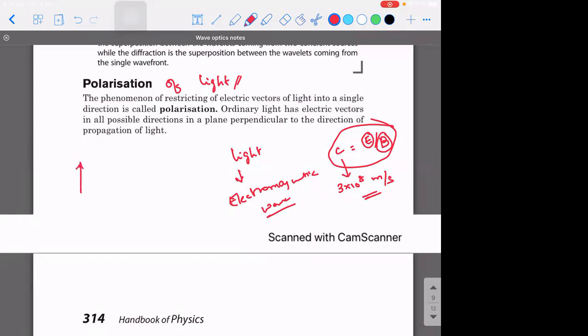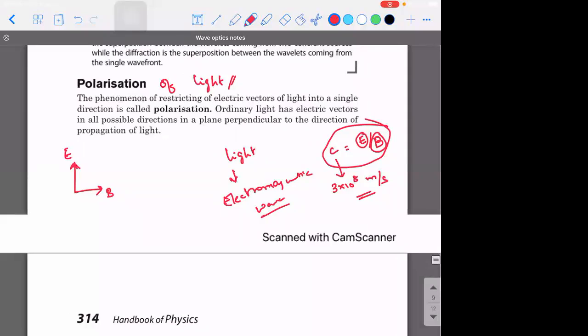We know that light will transmit in the form of an electromagnetic wave. That is, the electric field and the magnetic field are perpendicular to each other, and they are mutually perpendicular to the direction of propagation. Right? Now, since the electric field is the dominating one in an electromagnetic wave,